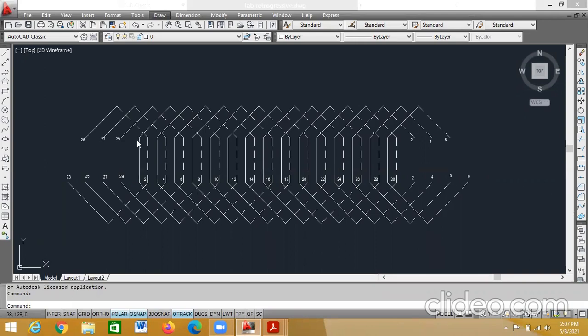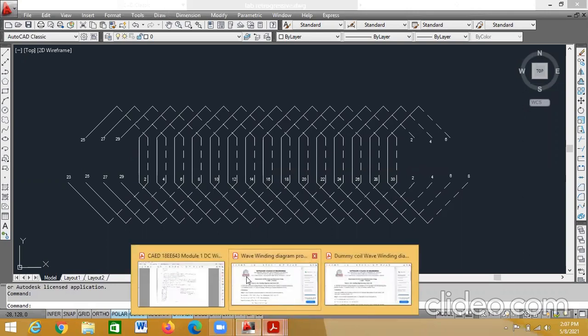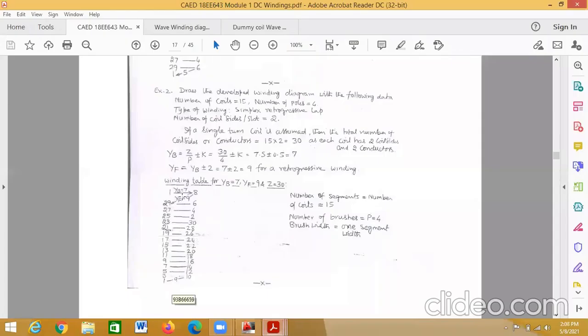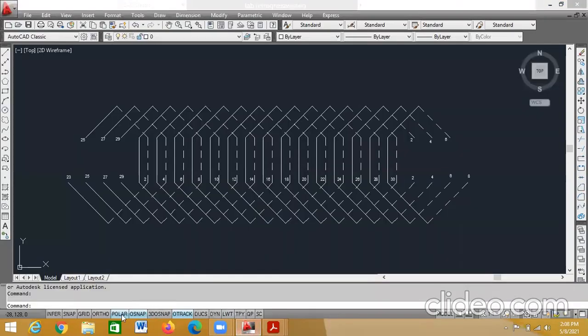After that, we started with the YB and YF connections by seeing the winding table. First YB connection was 1 connected to 8. For that, we changed from ortho to polar in the grid properties.